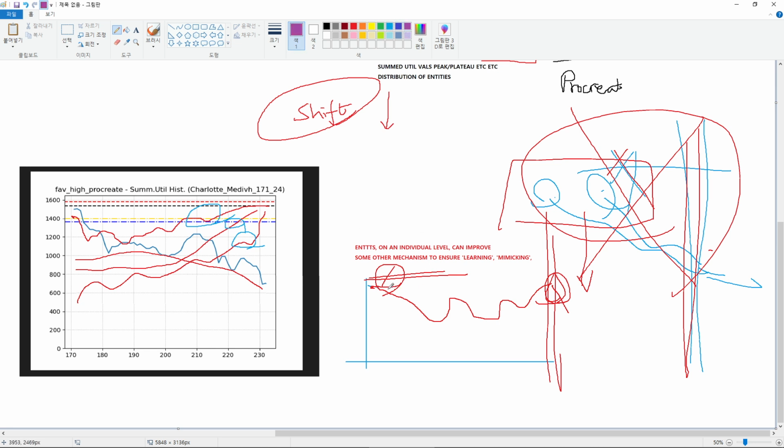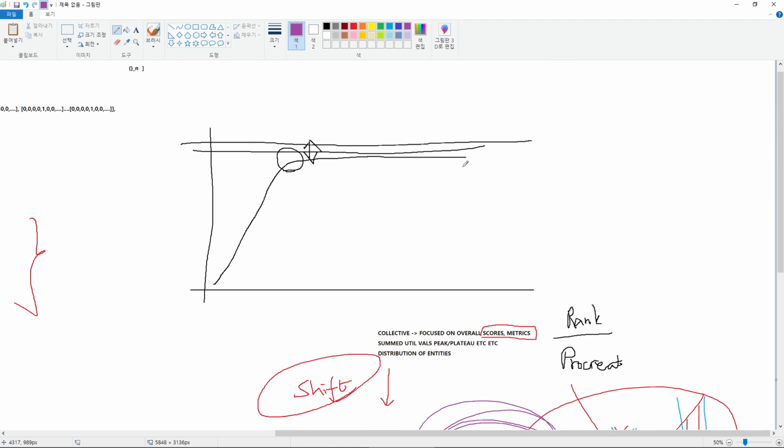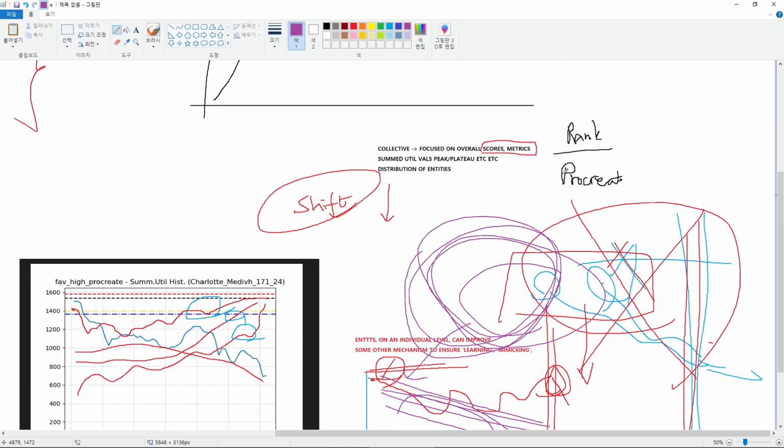Because on a personal level, I think seeing all these lines going downwards is just terrible. You know, it's almost as if there's no purpose of life. So that's very sad. And to do that, I need to change my perspective. So far it has been on a collective standpoint. Now things need to be at a more individual level,